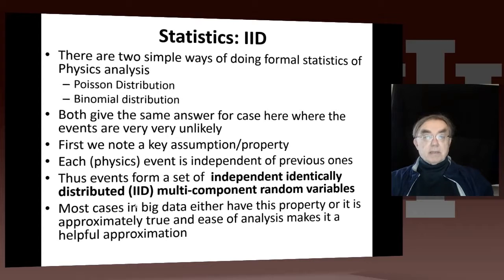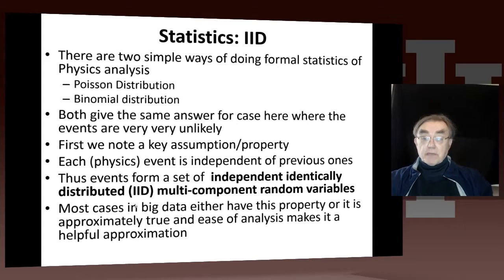We're going to define the independent, identically distributed random variables, because that's definitely what you get in physics. There is no doubt that each event is independent. There's no chance that the protons will remember from one event to another. And this is built into quantum theory. We will come back to these distributions, Poisson and binomial. And because the events are very unlikely, you can actually use either distribution. But as I said, every event is independent. That's rigorous.